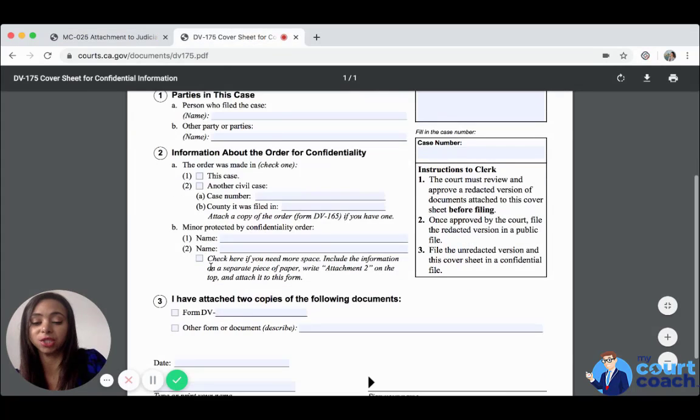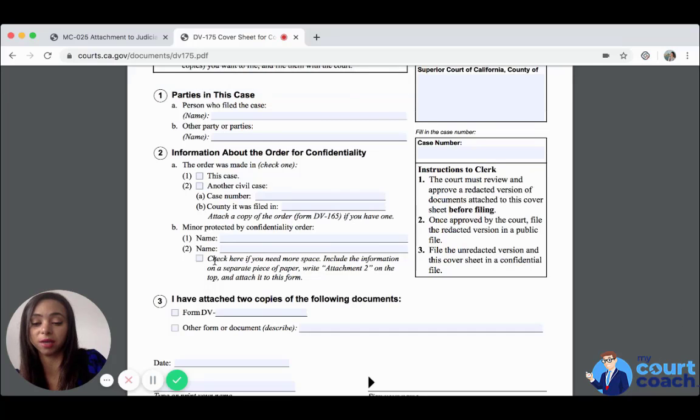And then you have attached 2 copies of the following documents. So it can be any form, so the DV-100, the DV-109, DV-105, any form that you are going to go ahead and file in this case, you would go ahead and write in what the form number is. If there's any other forms or documents that you're submitting, like an income and expense declaration, I'm not entirely sure what would be redacted on there if it relates to the minor child, perhaps their name if that's part of the confidentiality,